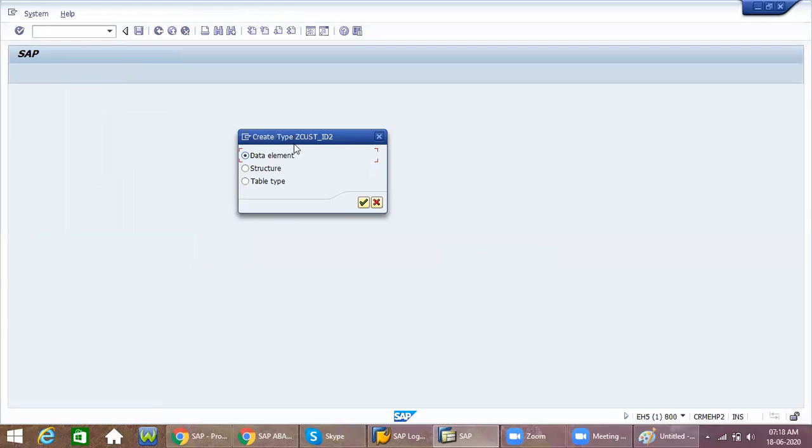That is the reason I am selecting data element radio button. This structure and table type I will discuss later. As of now, just remember we need to select data element. Then click on continue.